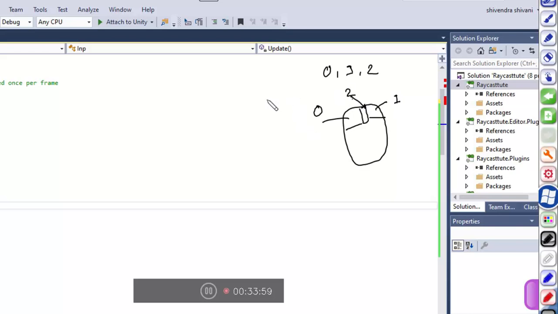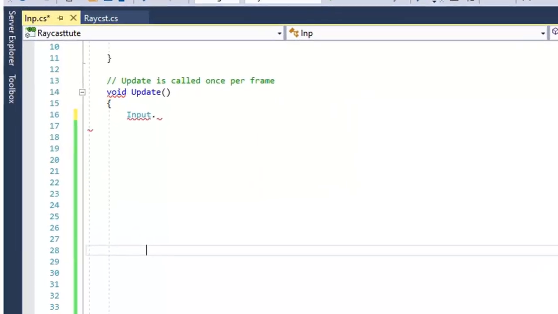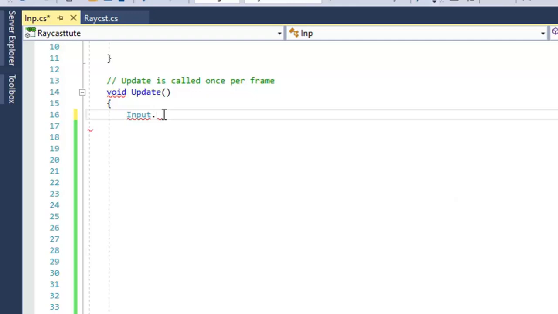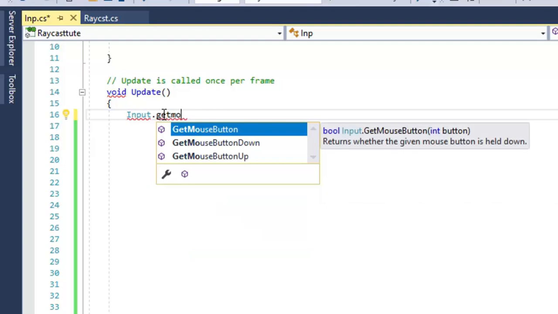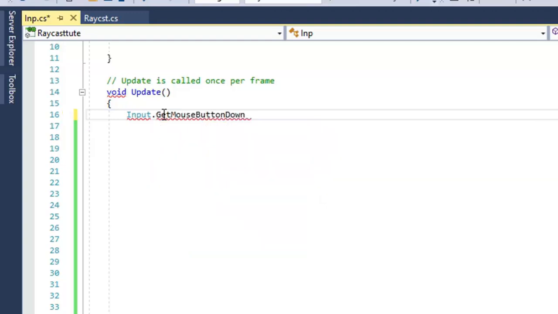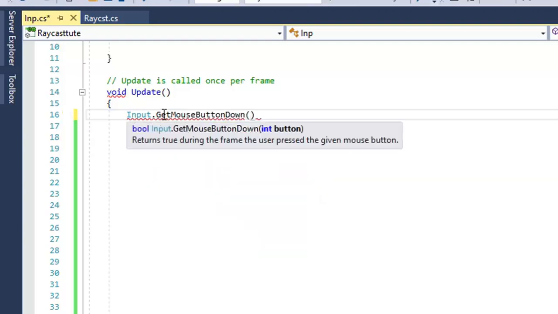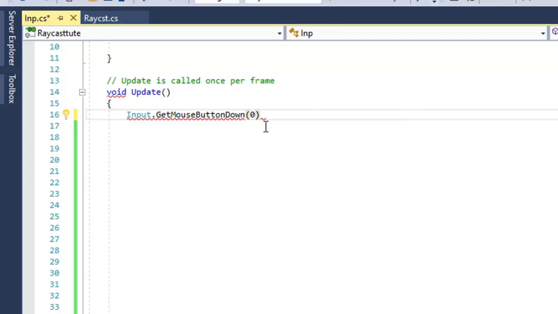Now we will see it in the code. Here I'm taking Input.GetMouseButtonDown. Here you can see that it always takes an integer input, so I am writing 0, which means the left button. I will check whether it is true or not.